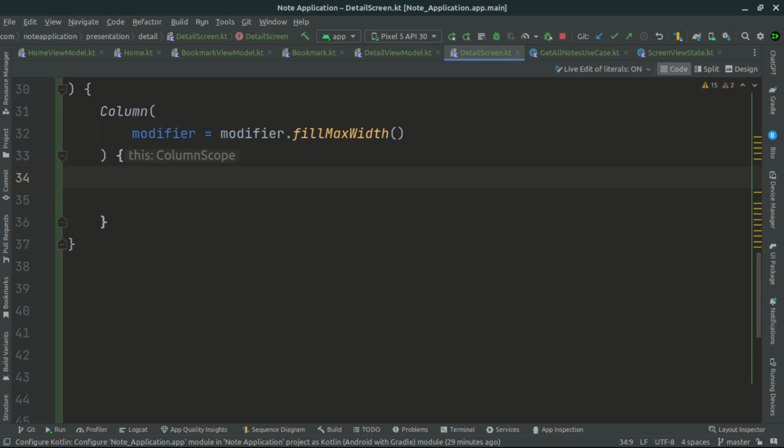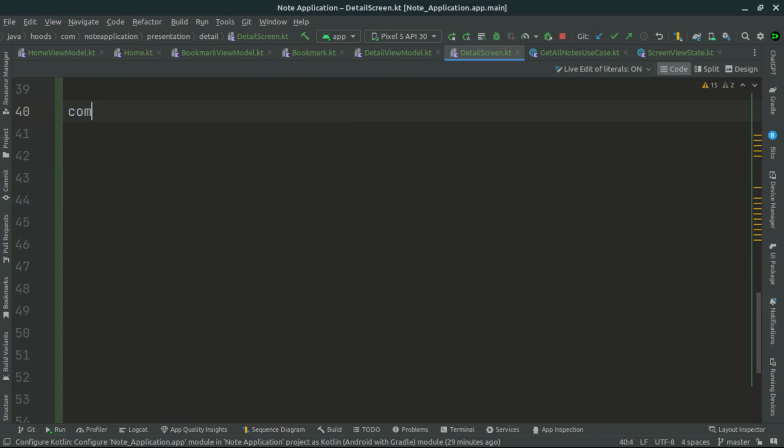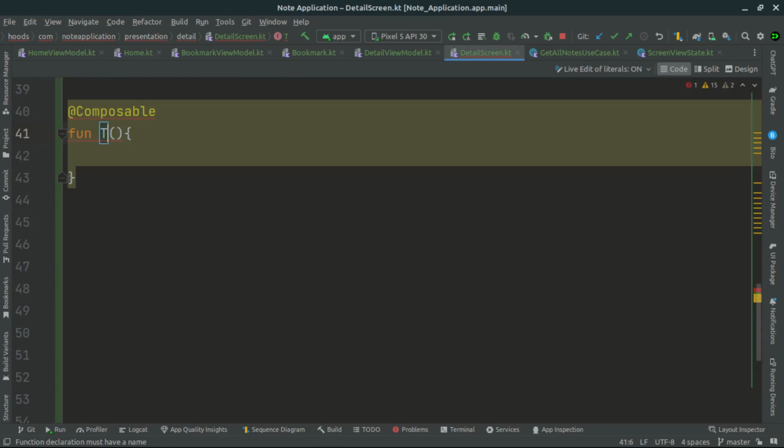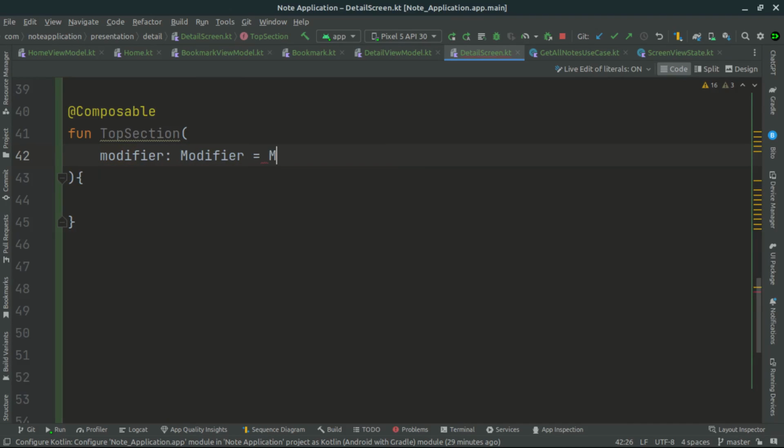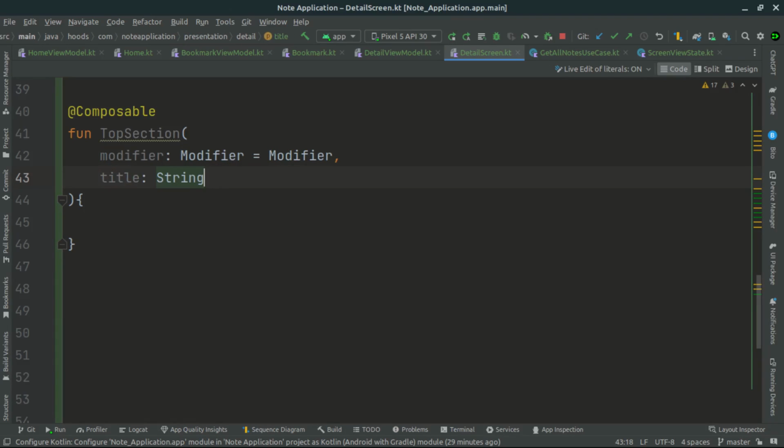So we can easily create a new composable to make our composable more readable. So let's create here a new composable and call this top section. Okay, for our top section here, we can just pass in a modifier and pass in here a default modifier. The next case, we can just pass in here the title is bookmark,